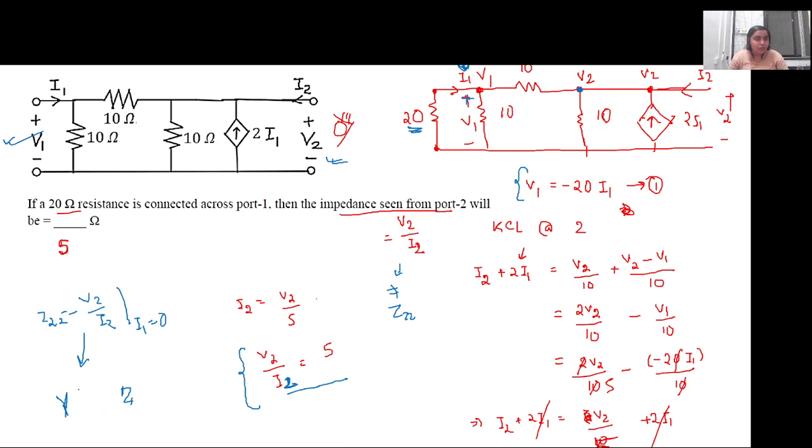If it is given in mho, you can figure out the Y parameters of the circuit. So we have to write the equations of I1 and I2, then we will get I1 and I2 in terms of V1, V2. This can also be written as 0.1 mho. So basically it is up to you. You convert it into ohm and then solve the circuit as we have done right now, or you